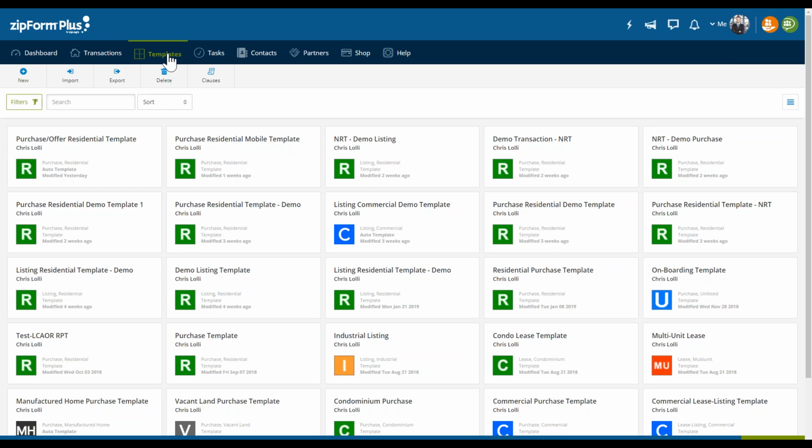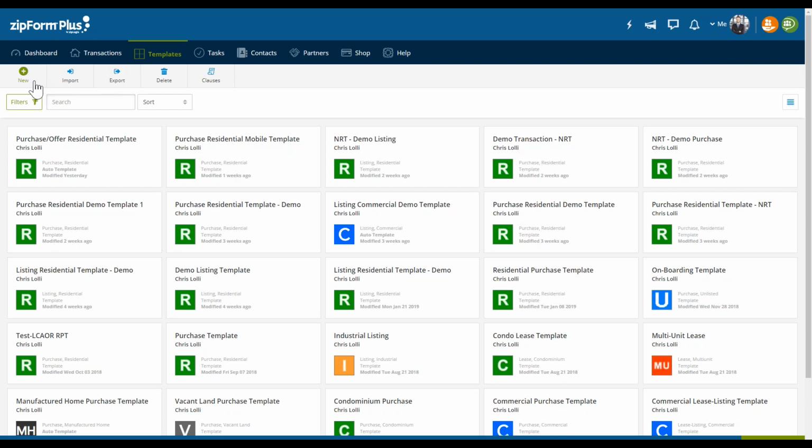So the idea behind templates is to use transactional data multiple times across either similar transactions or different kinds of transactions. So we have that unique set of files or forms or documents or checklists, and we can essentially copy and paste them into different transactions moving forward in the future that we're creating. We're using that data from the past. So we're recycling or repurposing this particular data, okay? Thus creating ourselves that time-saving functionality. So let's dive in a little bit so you maybe have a little more understanding of what I mean.